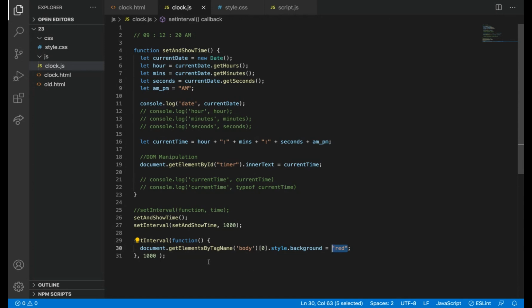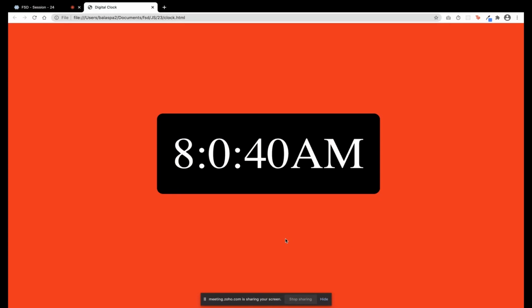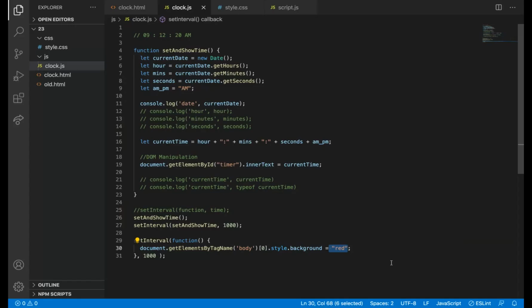Okay. I just wanted to say we can randomly change the background of something after 1 second. So it will be visible to you that after 1 second, the background of the body will get changed. But for that, we need to call some math at random values and all. All the things are new to you, so I don't want to confuse it.